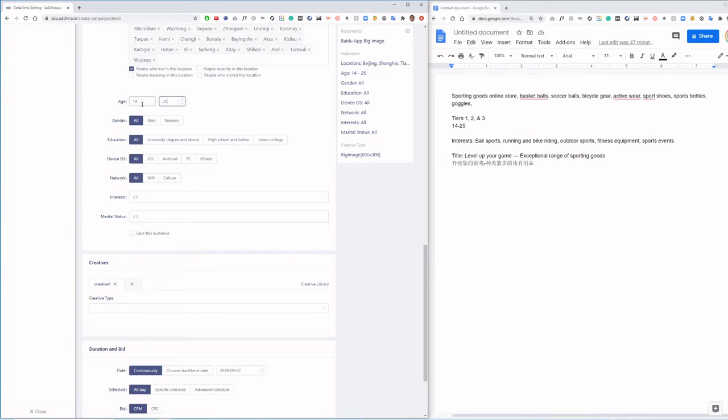Let's go with 14 to 25 age range for the ages. So of course it could be that the parents are buying sporting goods for teenagers, so you might want to target them with a different campaign. But just for this one, we'll do 14 to 25, we'll leave everything open, and we want the interests for